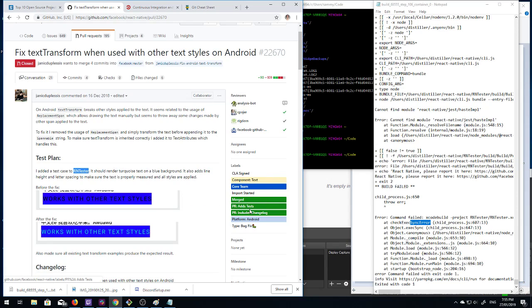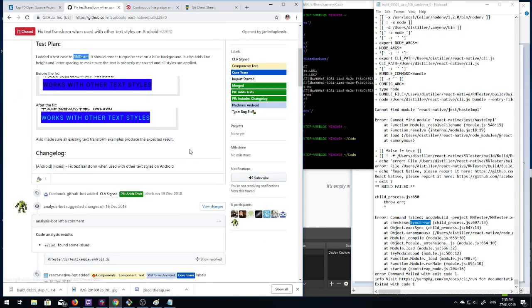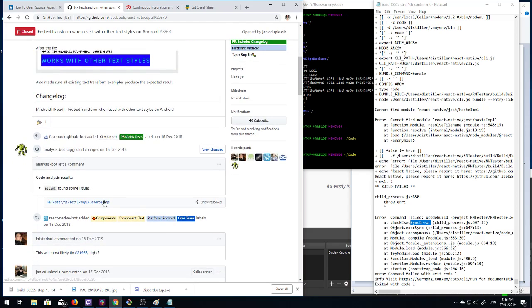It's been merged in. There was a PR to add test cases. PR stands for pull request, and it's just a pretty straightforward bug fix, I guess. And so there's a static code analysis bot that seems to leave comments if it finds issues. So this change probably didn't agree with the lint standards, which just codified